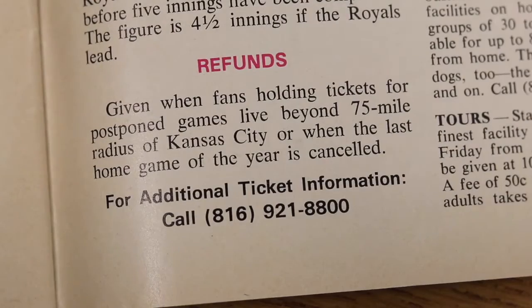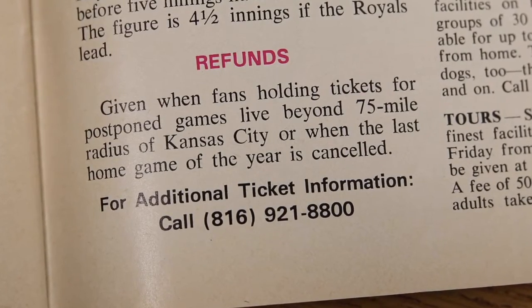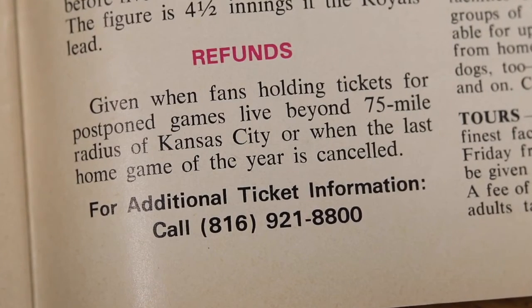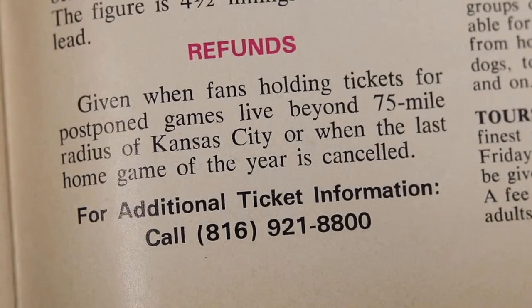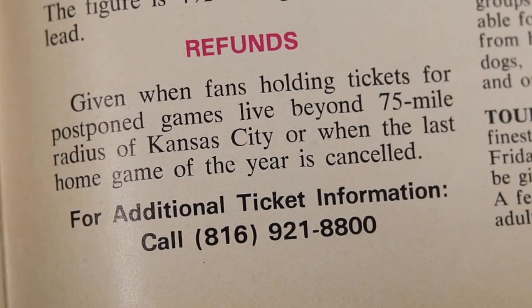And then it talks down here a little bit about rain checks and refunds. And look at this for refunds. This is pretty interesting. Refunds given when fans holding tickets for postponed games live beyond 75-mile radius of Kansas City, or when the last home game of the year is canceled. So imagine that, them actually asking you where you live and if you're within 75 miles, if they can give you a refund and stuff. So anyway, I thought that page was really interesting,